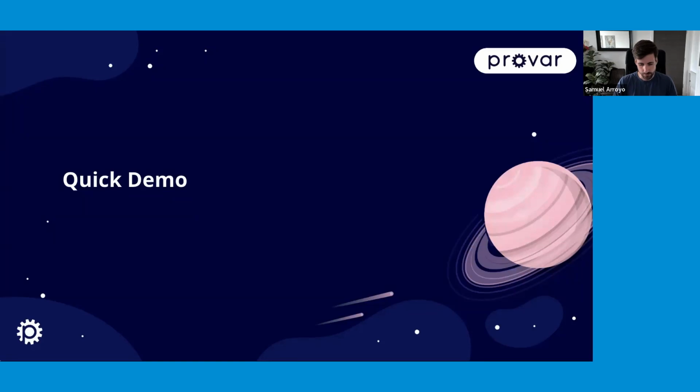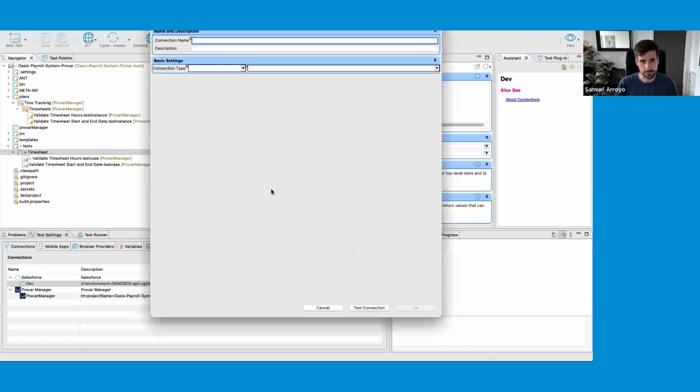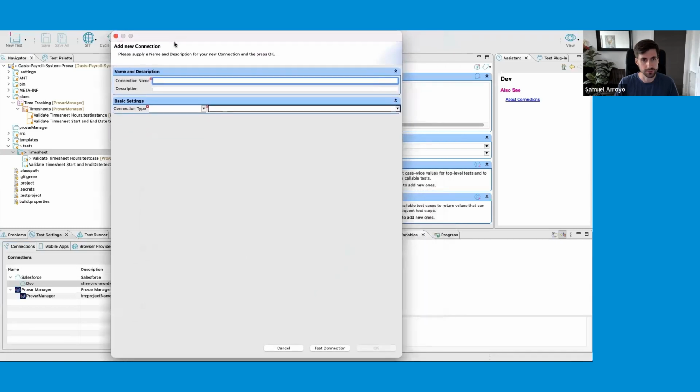Okay, so let's start with Provar automation. Let's see if I can get it up there. I'm running the latest version of Provar automation. And first I'm going to show you this new connection that uses SSO or MFA, or both. So if you are in need of setting those up, this is how you would do it. Set up a new connection, just call it my SSO,